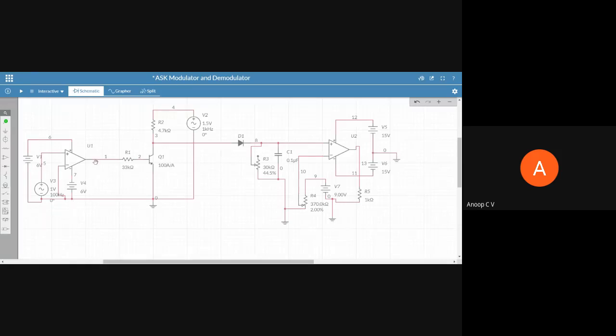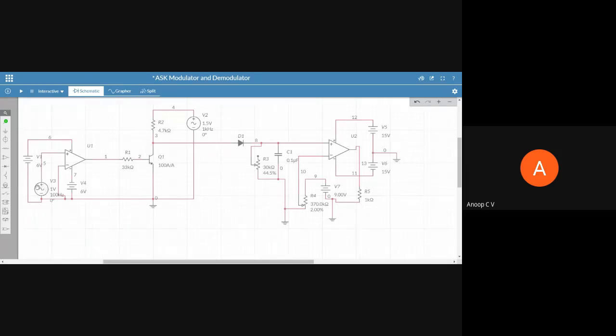So instead of a square wave generator, I have just used a comparator, right? And to its non-inverting input, I have given a sinusoid of the desired frequency. For us, the message signal which was required was 100 hertz and 6-volt peak-to-peak signal, as per your lab manual or circuit.